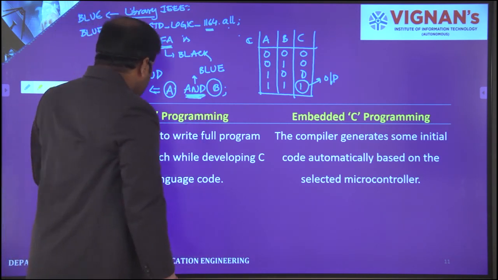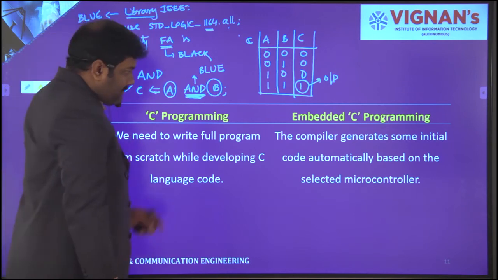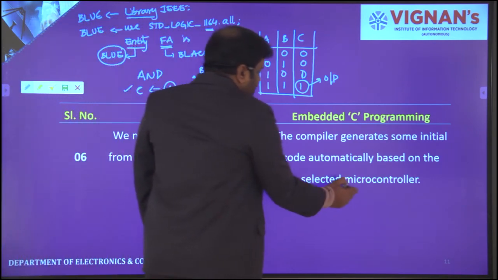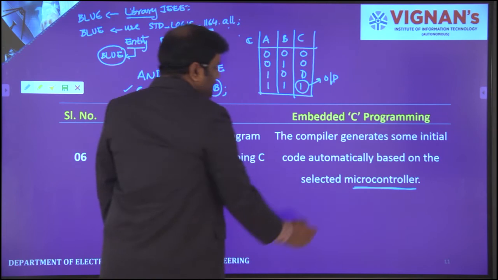Whenever writing a program in embedded C, it's always based on microcontrollers.